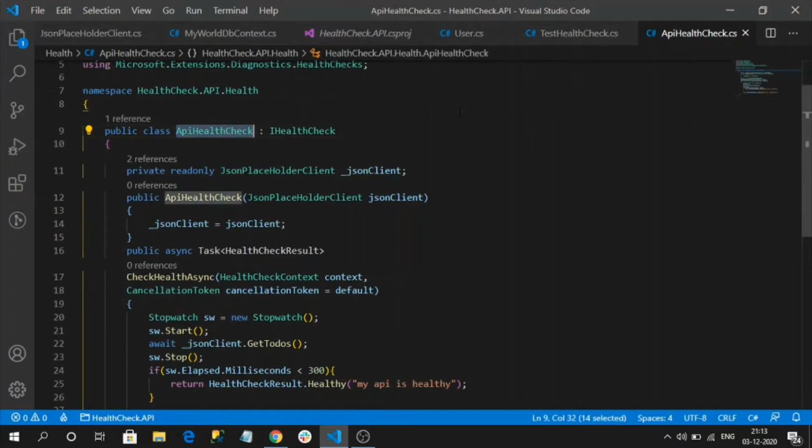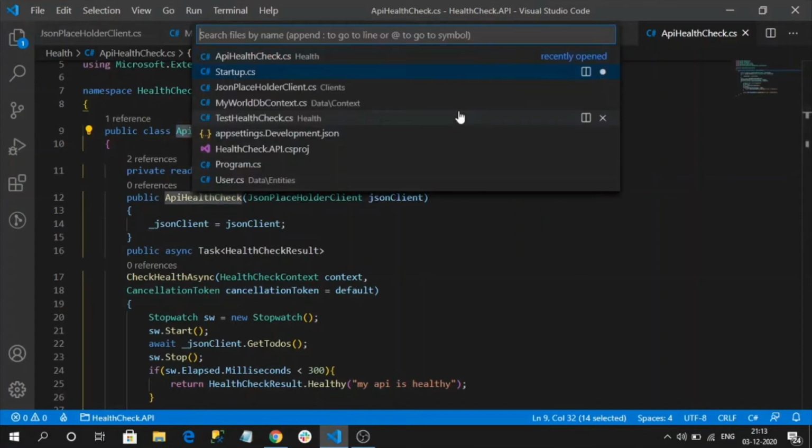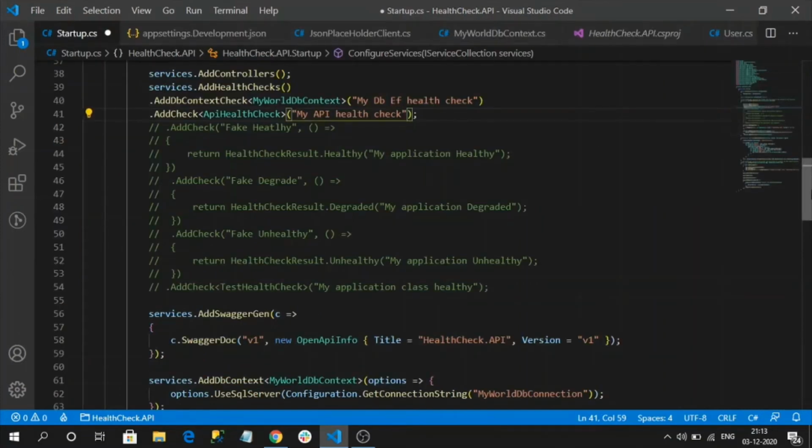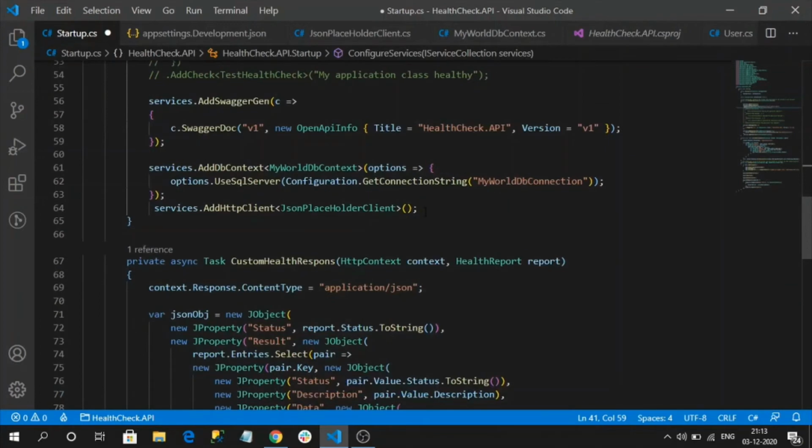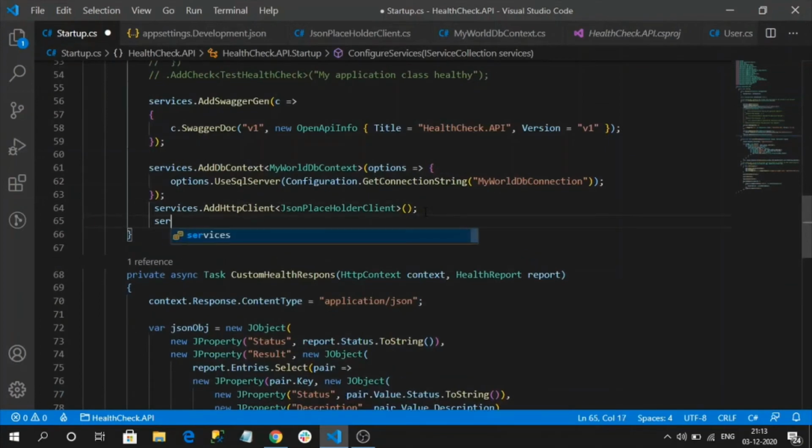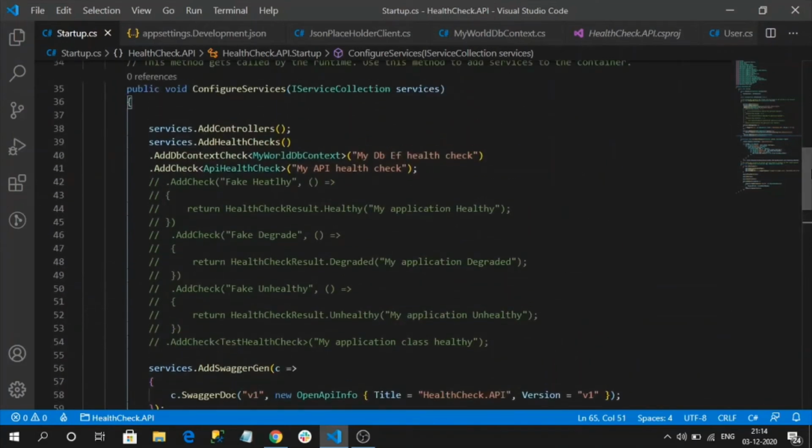So let me register its scope. Services dot AddScoped and API health check. That's it. We are done with the configuration of our health check for the API.